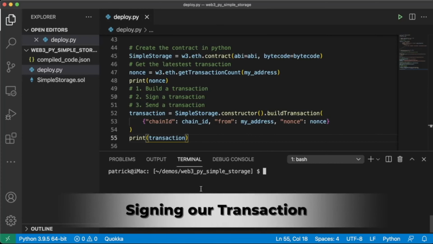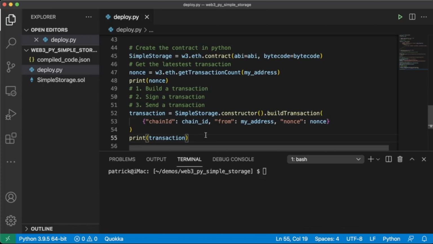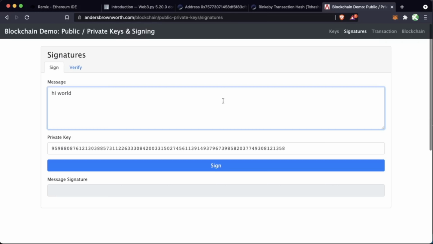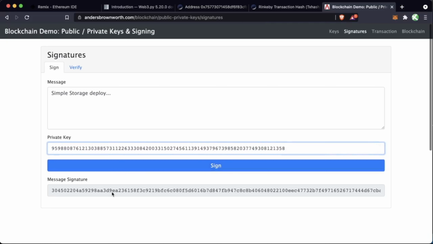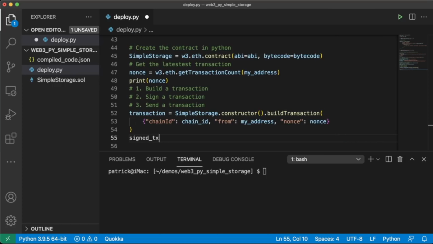Now, that's just a transaction, and anybody could actually send this transaction as long as it's signed by them. So we have this transaction, but we need to sign it from somebody. Since we're sending it from our address, our private key is going to be the only key that's going to work to sign this. Remember back when we were talking about public and private keys, we right now have a message that is defining how to deploy SimpleStorage, but it's not signed yet. So we're going to need to use our private key to sign it to create this unique message signature that we're the only ones that can create with the private key, but anybody else can verify that it was us who signed it. So now signed transaction equals